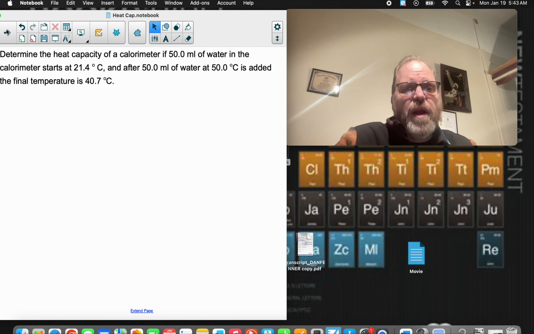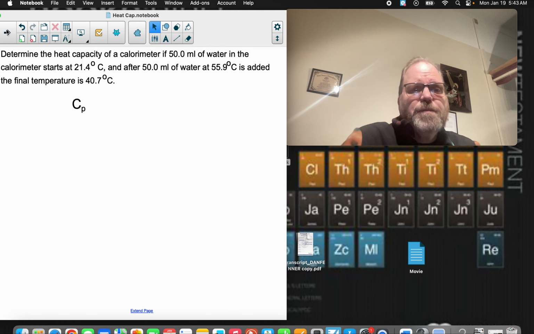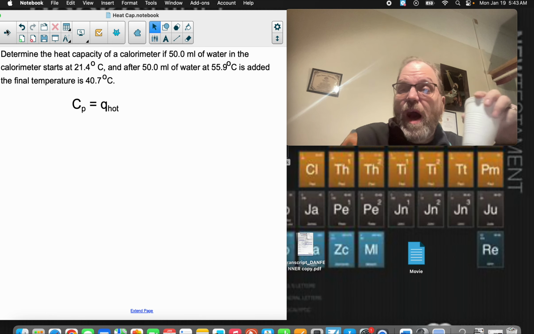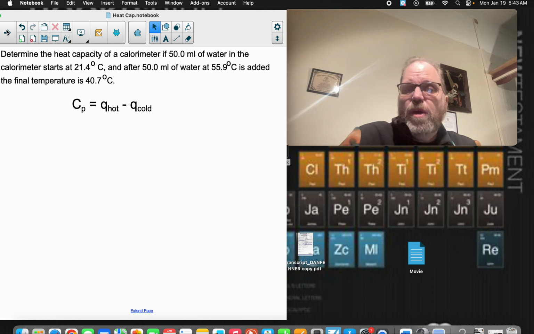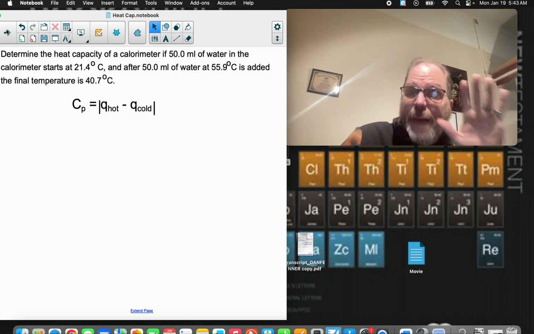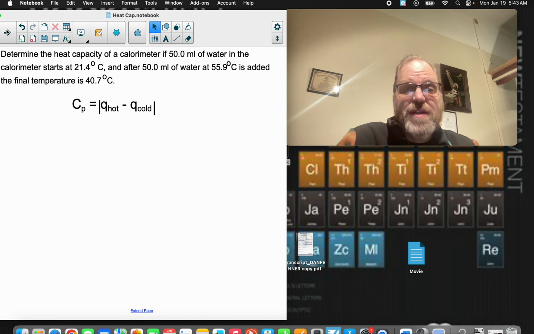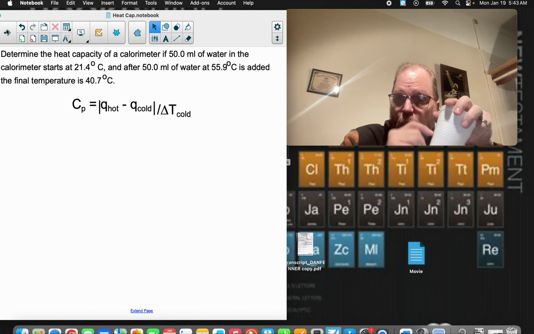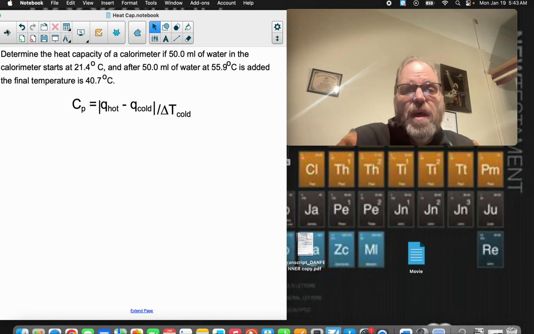So to find the capacity, we want to take the Q of the hot water minus the Q of the cold water. We're going to find the absolute values so that it's not negative or positive. And we're going to divide that by the temperature change of the cold water, because the cold water is in the calorimeter to start with. So when we do that in this problem, Q of hot,